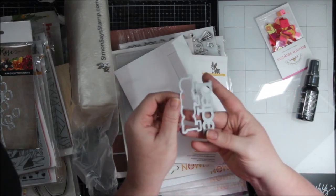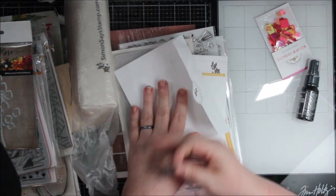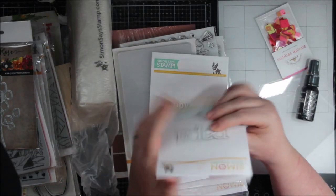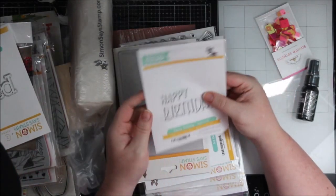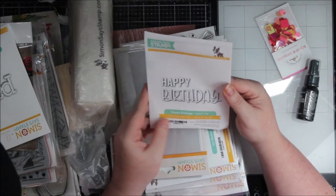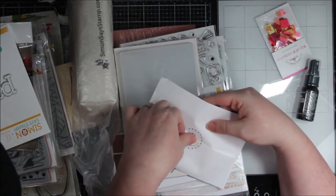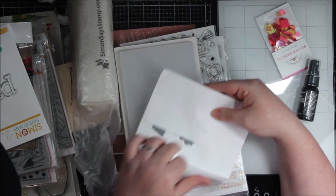I don't know, I think having all the different words in your stash, your collection, is really cool. You could do Happy Birthday Papa, because look here, I have the Happy Birthday die by Simon Says Stamp,